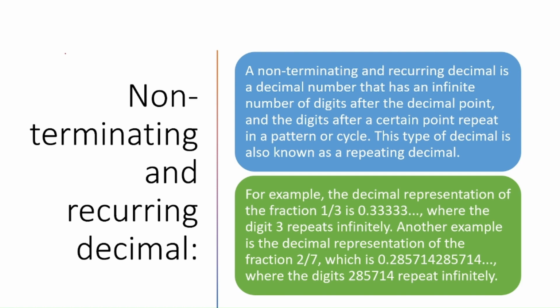By example, here 1 is divided by 3, and we get a quotient of 0.3333. And what is the meaning of non-terminating? Non-terminating means continuous. By performing division,